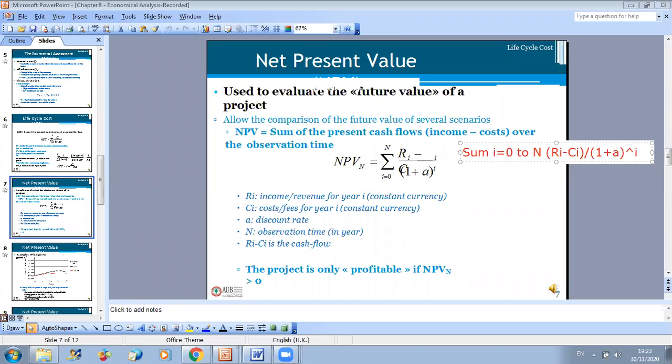So A is the discount rate, and N is the observation time in years. The difference between RI and CI is called the cash flow. The project will only be profitable starting when NPV becomes higher than zero. And we will see together that even if NPV is higher than zero, we cannot say directly that it's profitable, because